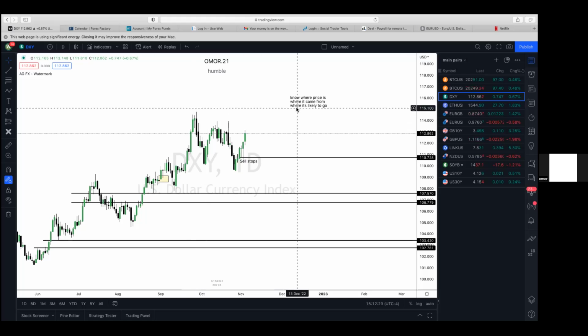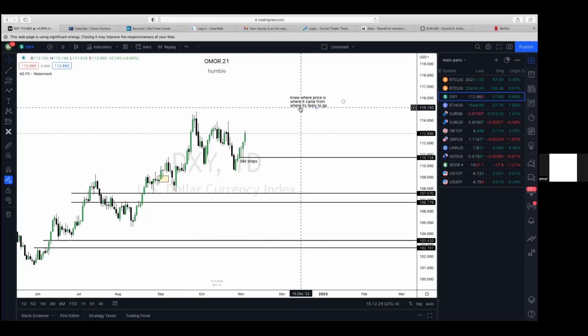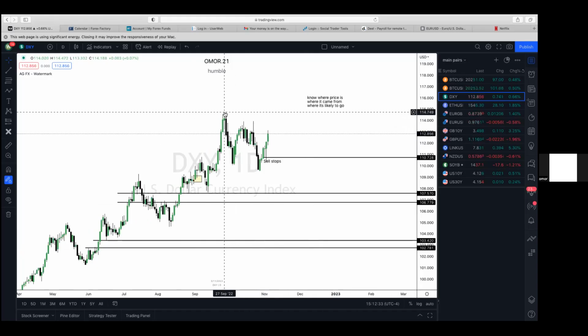Because you see, where is it likely to go? This can be refined. Where is the next likely place it's going to go? We can say it's going to go here, but should we hold for there? Should we work our way towards there first? No, you have to look at the checkpoints. These highs, I should say. You have this candle, and then you have the high. Why do I say this candle?